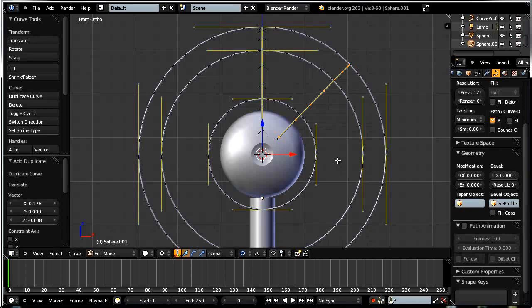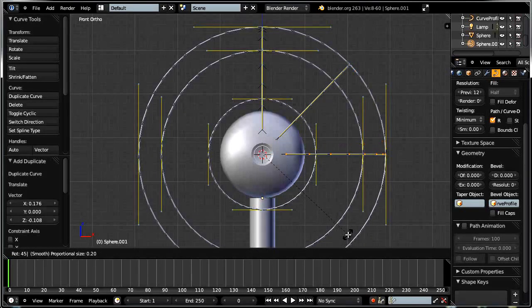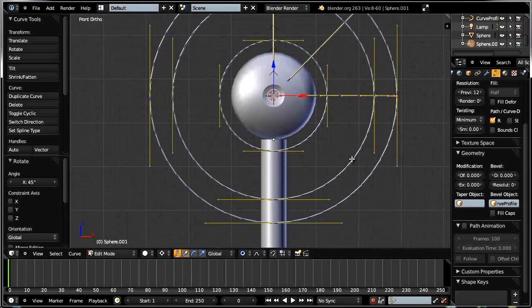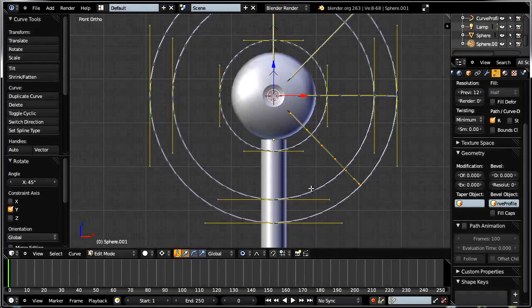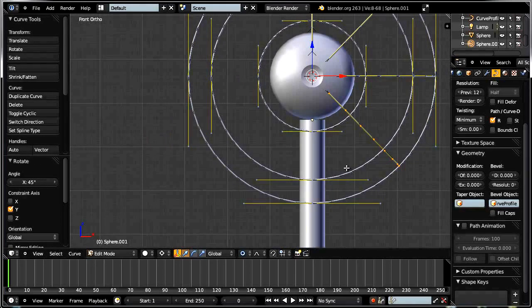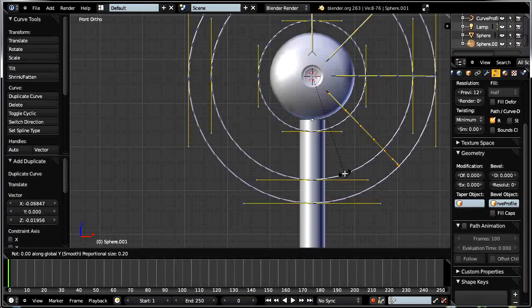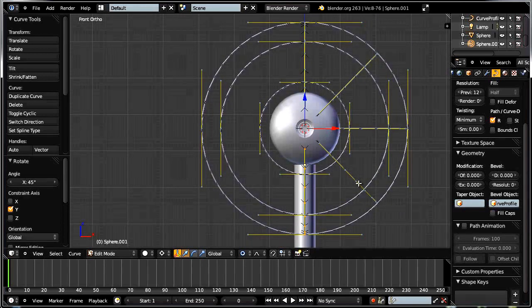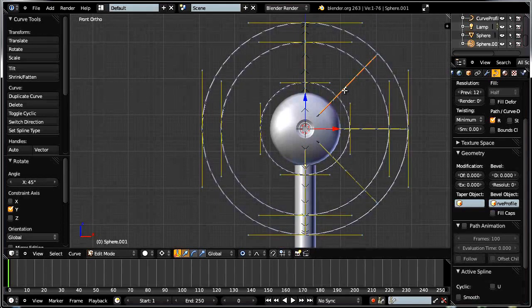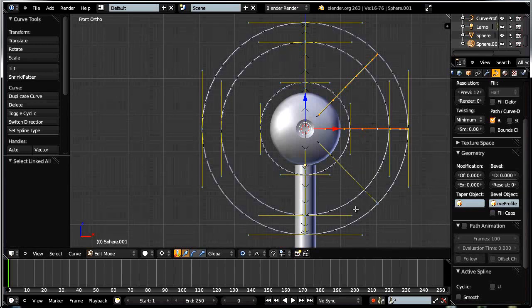Shift+D, right click to cancel, or R to rotate 45 degrees. Shift+D, right click to cancel, rotate around the y-axis by 45 degrees. RY 45. Shift+D, right click to cancel, RY 45. Okay. Alright, and now as you can see, we could go ahead and just use a combination of Shift Ctrl+L,